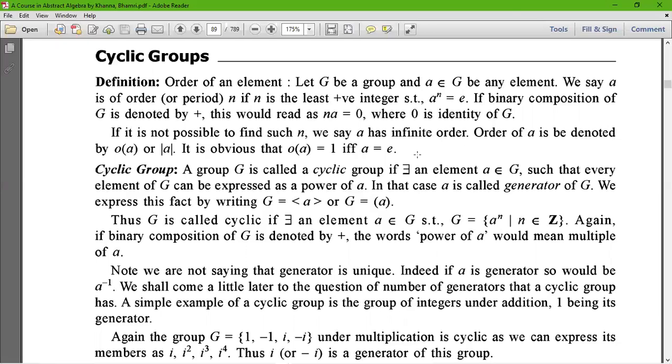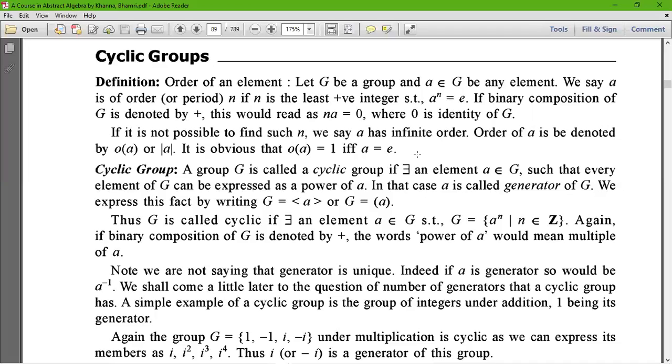Next, this concept will be used in the cyclic group. Now we are going to define the cyclic group. A group G is said to be a cyclic group if there exists an element a belongs to G